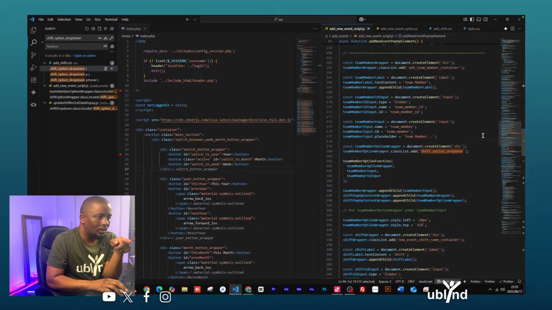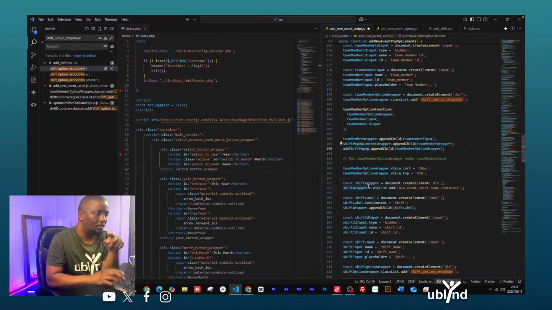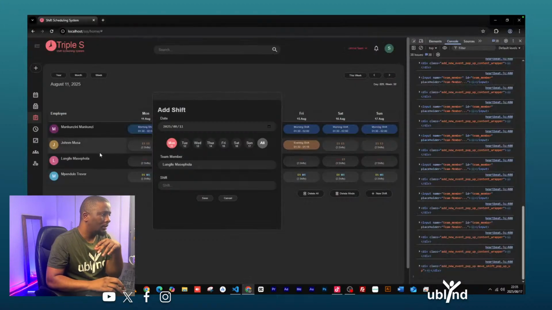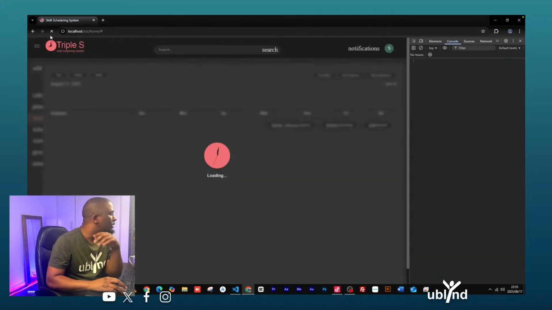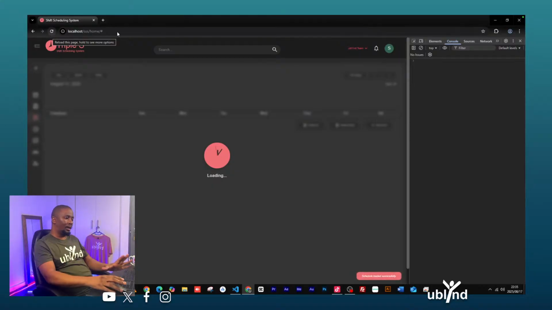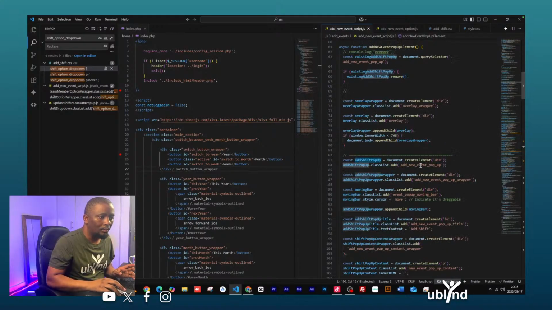I want to append this to that big container, not the small one. I could have moved it a bit, maybe to the side, but then it should be fine. And then let's make sure